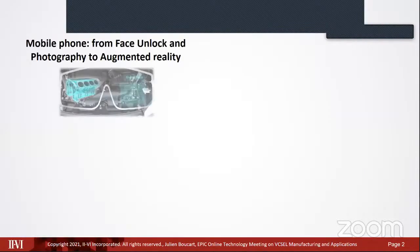In terms of market demand, clearly there was a market demand and there is still a market demand in mobile space. And that's really fueled